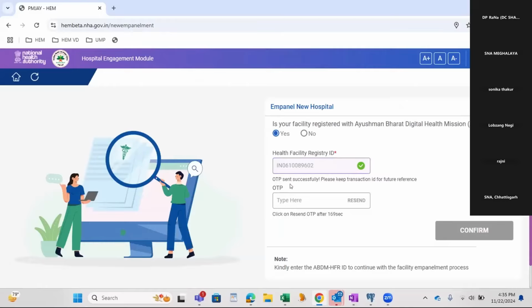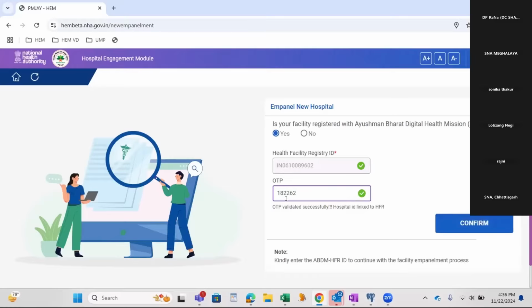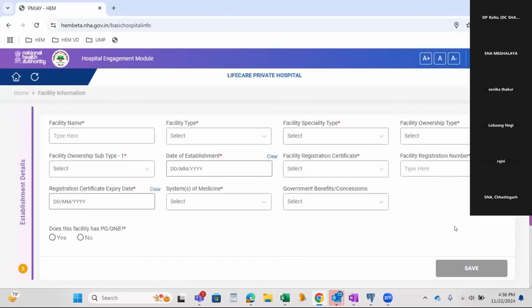For now, this is registered to my mobile number. I have received the OTP. I'm entering the OTP, and the moment I enter the correct OTP, it gives me the message of successfully validated. Since the OTP is validated, let me confirm.